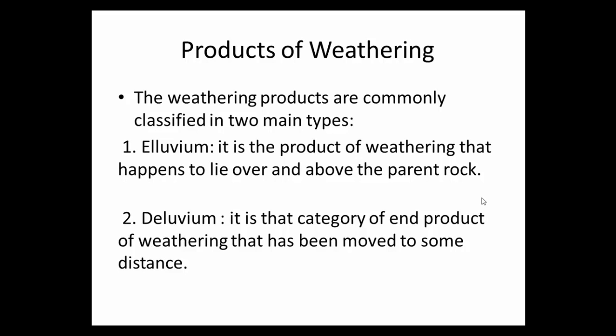It may consist of fragmentary material resulting from the rock disintegration, or fine powdered material resulting from the chemical decomposition, or a mixture of both. Delirium is that category of the end product that has been moved some distance after its formation due to the weathering process. That means alluvium remains at its place, while delirium is taken from that place to another place. Delirium is invariably associated with weathering of slopes and forms heaps of various thickness and grade at the base of the